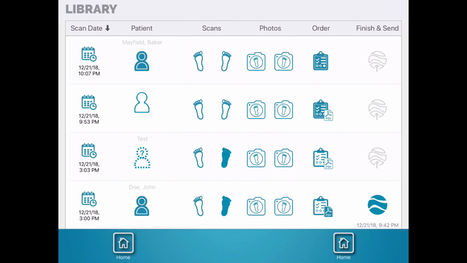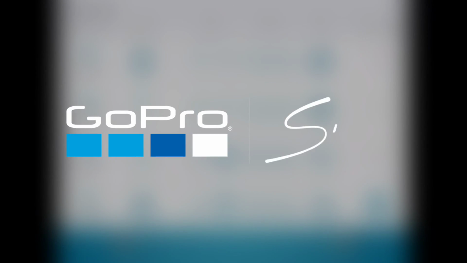We can see that for Baker Mayfield, we have a full patient profile filled out for him. He's blue. We have an order form associated with him. It's blue. We have no scans or photos associated with him, but we're going to go ahead and do that in our next video. We're going to walk through scanning. So if you hit your home button,